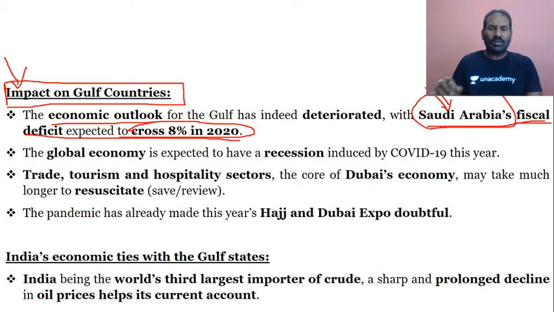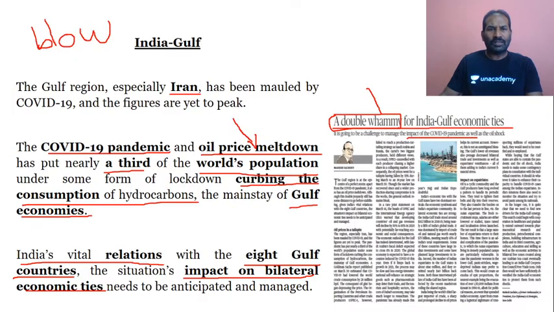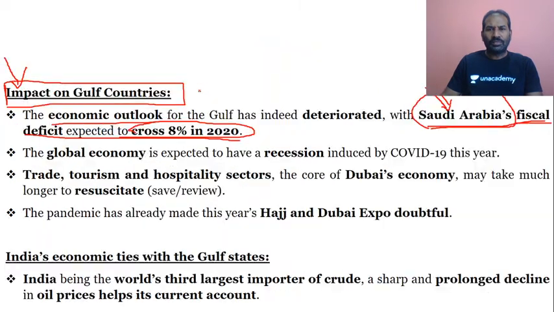We did discuss the impact of COVID-19 and the impact of US economic sanctions on Iran, in regards to the Gulf countries. Fine. Now we are talking about the excess production, because of more production of crude oil, that would impact the Gulf countries, especially Saudi Arabia's economy.